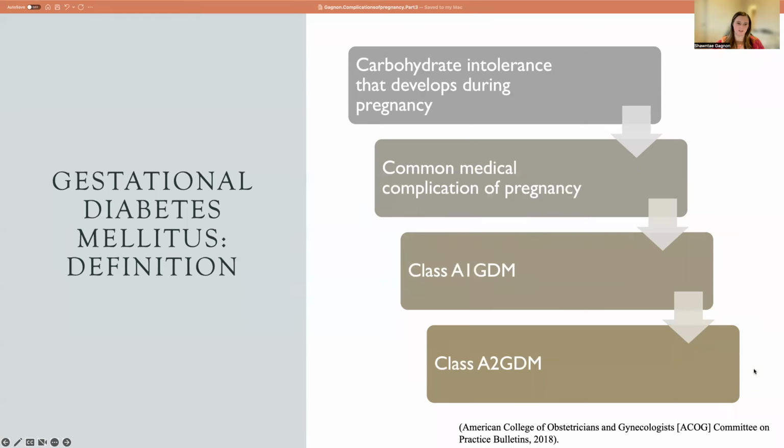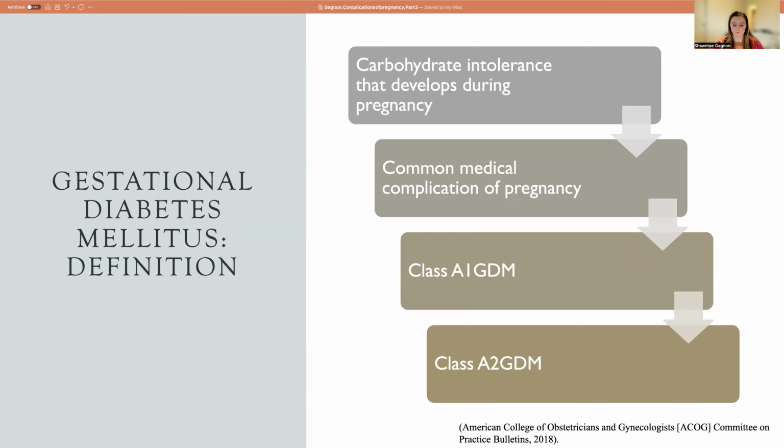So, what is gestational diabetes mellitus? I will refer to this either as gestational diabetes or GDM throughout the presentation. Gestational diabetes mellitus is when a carbohydrate intolerance develops during pregnancy, causing diabetes. It's a common medical condition of pregnancy, and it affects around 9% of pregnancies, according to ACOG. White women have the lowest prevalence, and Hispanic, African American, Native American, Asian, and Pacific Islander women have the highest